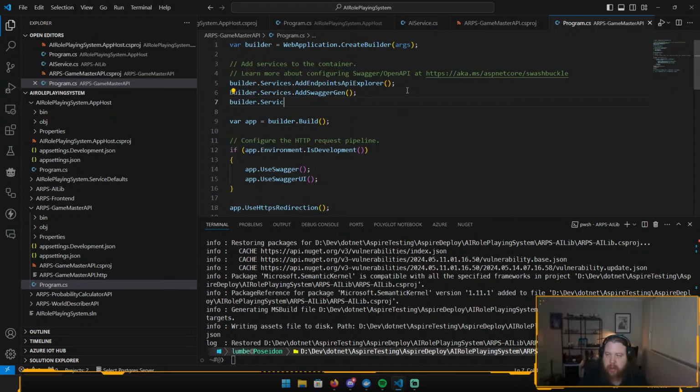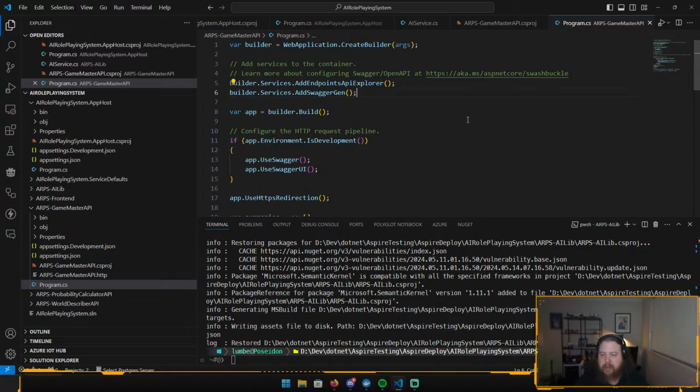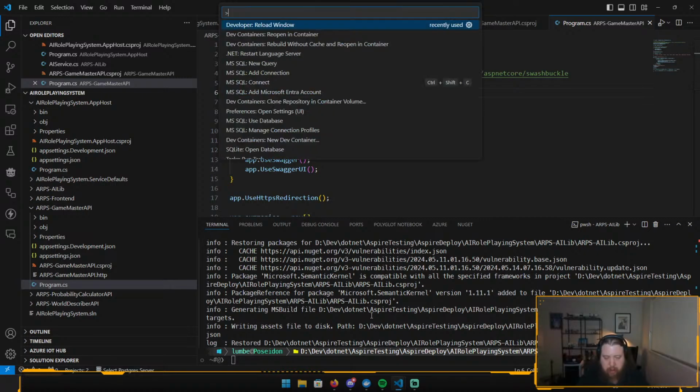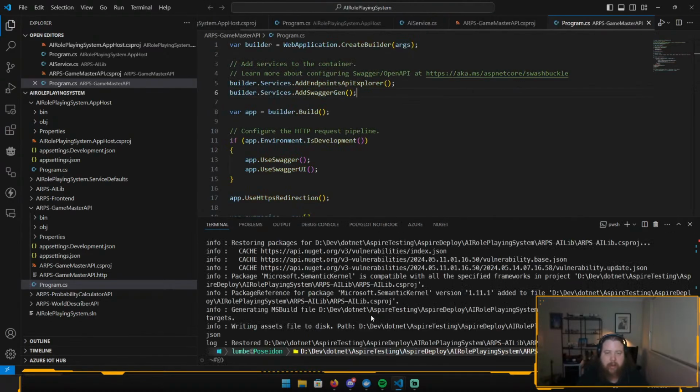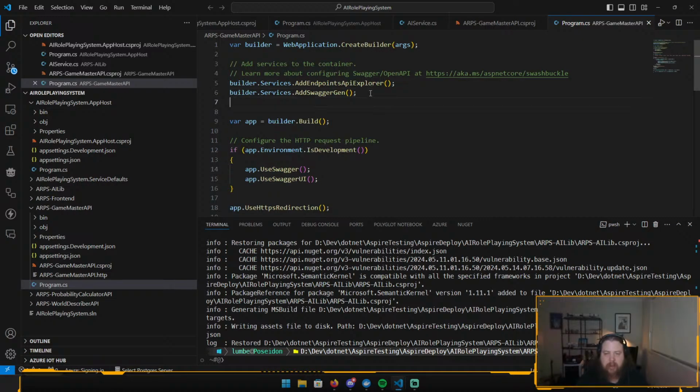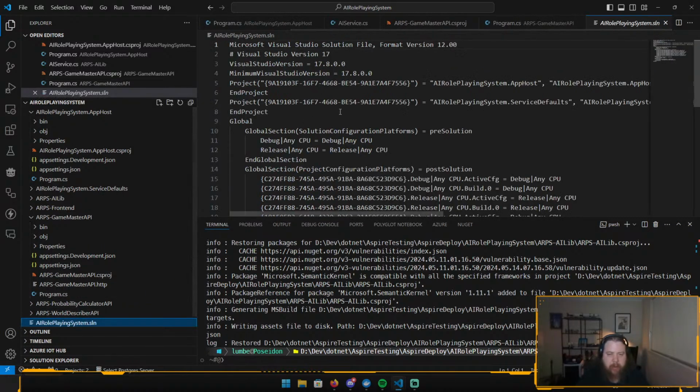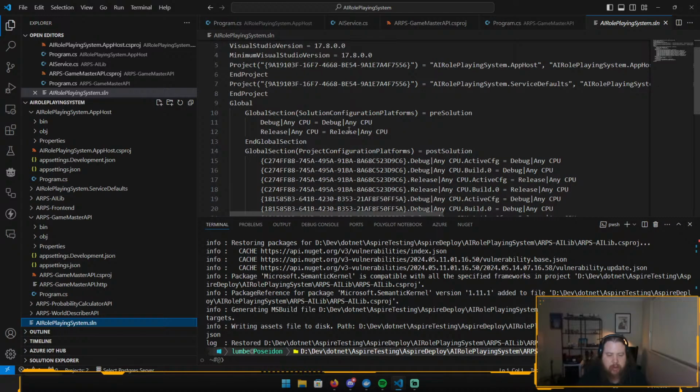Can I not? I think something is busted. Let's do a reload. So I think IntelliSense is dying on me here. That's interesting. Alright. Maybe what I need to do. I think I know what I need to do. So